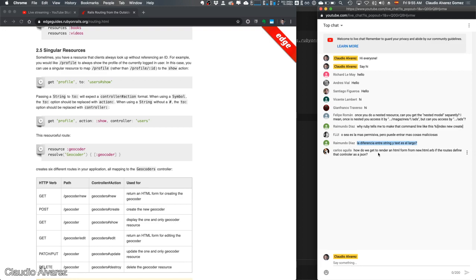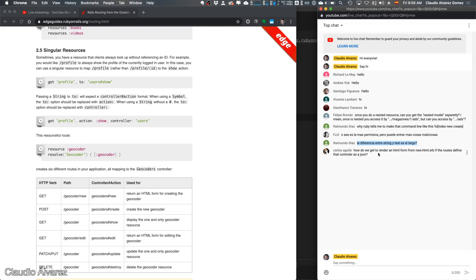Cada una de las acciones va a responder en HTML o en JSON dependiendo de cómo tú lo llamas, ¿ya? Si es que estás trabajando con una API, solamente vas a querer dar respuestas en formato JSON o en formato XML, dependiendo cómo sea tu servicio, si tu servicio es JSON o XML, digamos. Así que, how do we render an HTML form for new HTML? Claro,